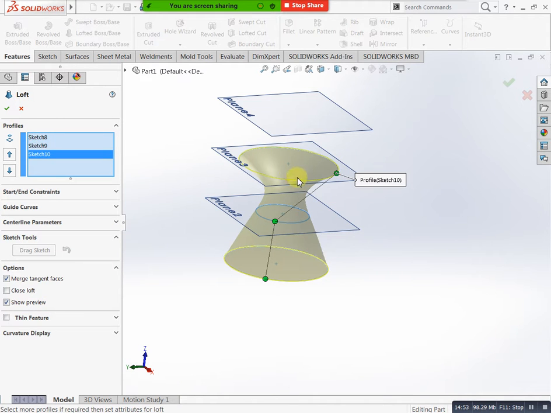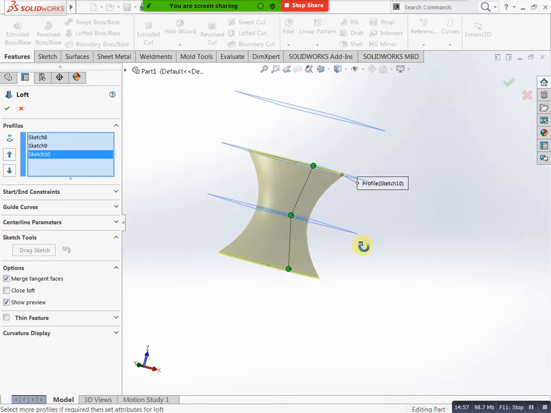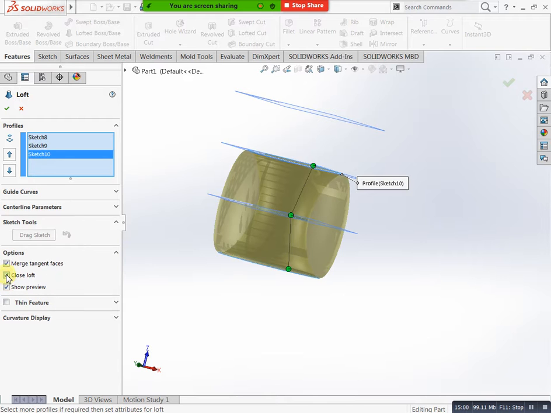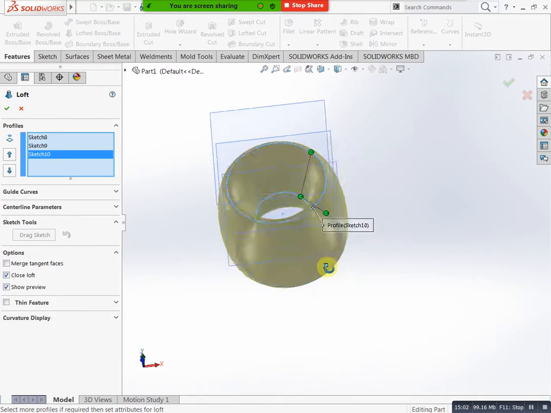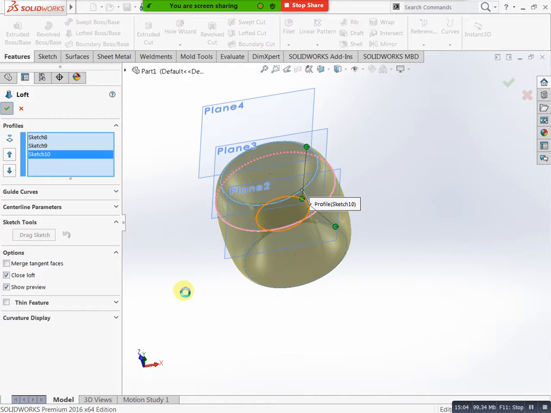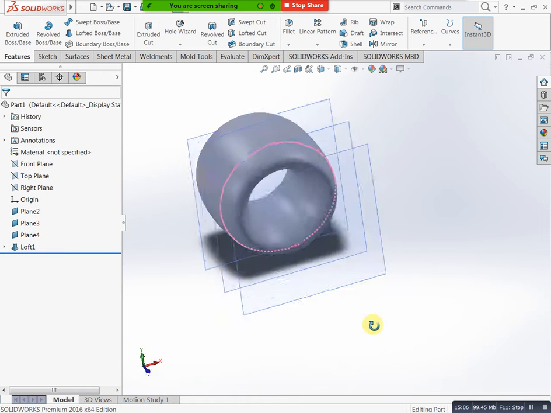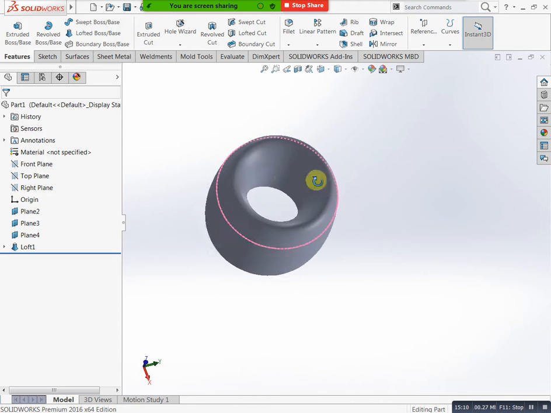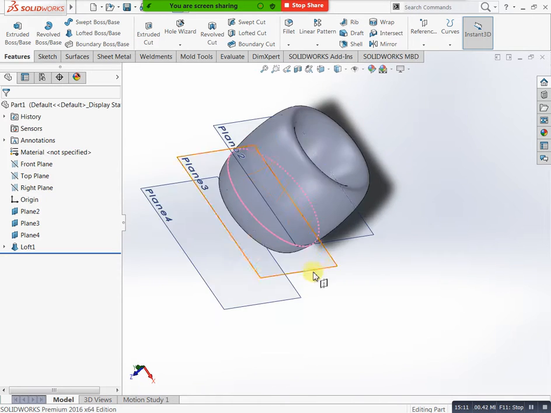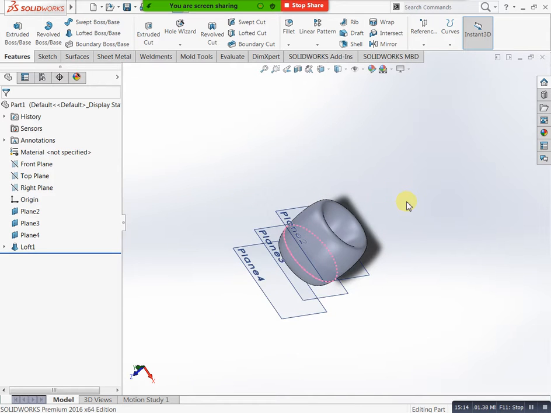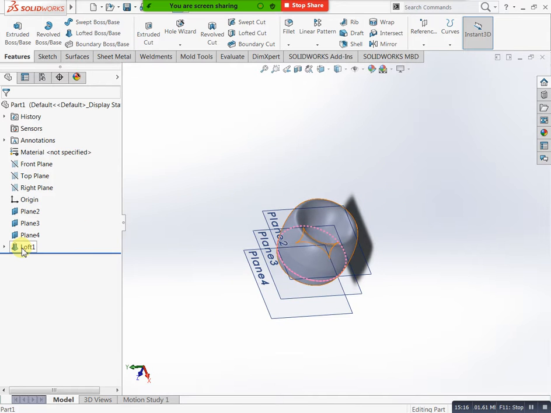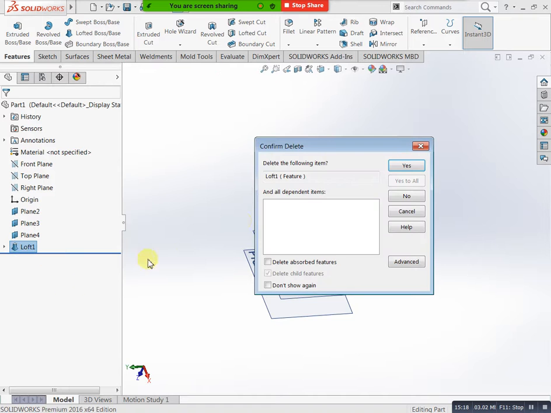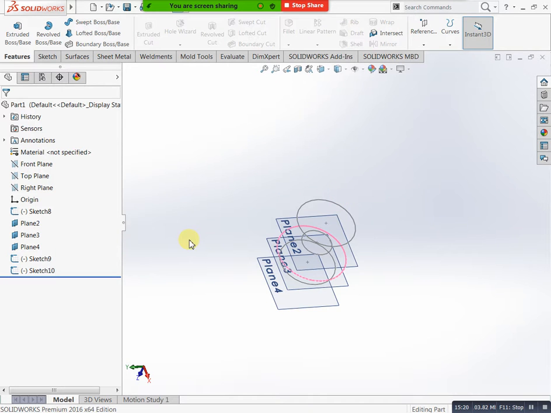Next, delete this one, and next you can delete this one also. Simply we say that the reason we are using loft boss or base is tapered model creation. Mostly in mechanical conditions we are using it for tapered models.